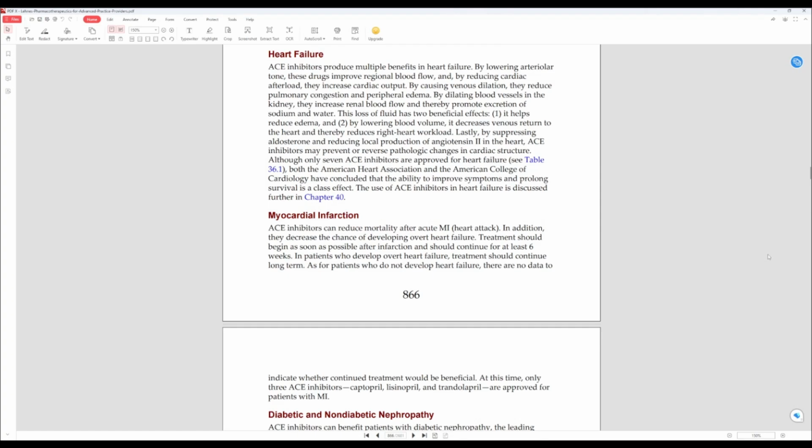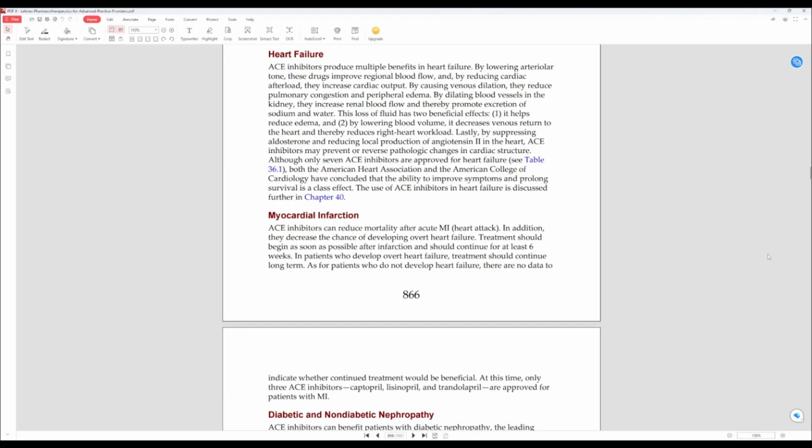Their indication for heart failure: ACE inhibitors produce multiple benefits in heart failure. By lowering arteriolar tone, the drugs improve regional blood flow, and by reducing cardiac afterload, they increase cardiac output. By causing venous dilation, they reduce pulmonary congestion and peripheral edema. By dilating blood vessels in the kidney, they increase renal blood flow and thereby promote excretion of sodium and water. This loss of fluid has two beneficial effects. It helps reduce edema, and by lowering blood volume, it decreases venous return to the heart and thereby reduces right